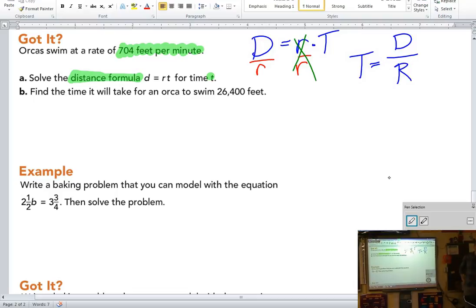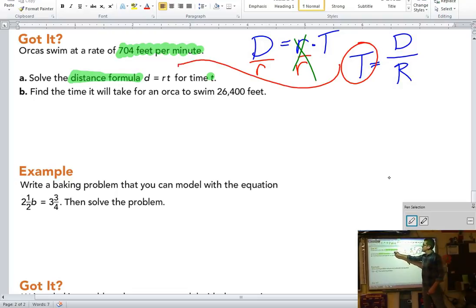So guys, that makes sense. If you have 1,000 miles to travel and you drive at 50 miles an hour, you would do 1,000 divided by 50 and get how many hours it's going to take you. Make a note. This time is going to be whatever unit your rate was given in. So here, our time is going to end up in minutes. If we did time for the spacecraft things, it might be days, it might be hours, whatever your rate has been given.